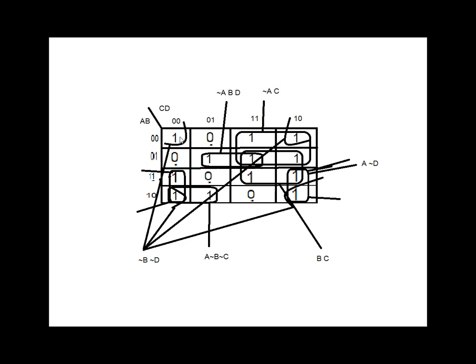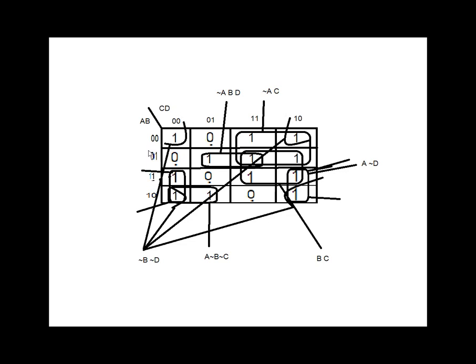If you check here, 1, 2, 3 and 4 have 4 outputs. So we have to check in the 4 quadrants what the common elements are. If you see here, I have C and D, so that means C and D bar, and C bar, D bar. The common in these two is D bar.